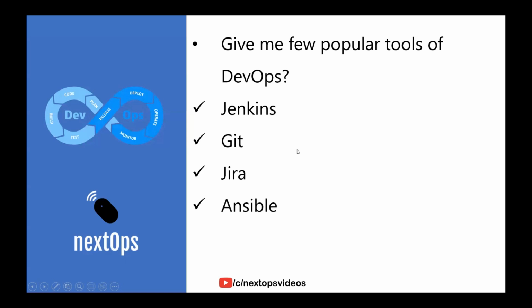Ansible is a kind of configuration management tool with which you can actually configure your infrastructure through automation. Terraform is to deploy the infrastructure. Ansible is to configure the infrastructure. So through Terraform, if you deploy one of the VMs, and inside the VM, if you want to make any configuration, you can achieve that using configuration management tools like Ansible, Chef, or Puppet.